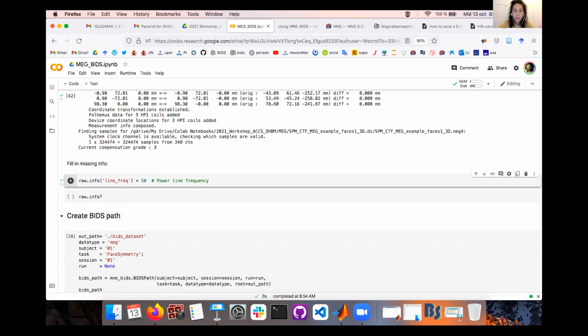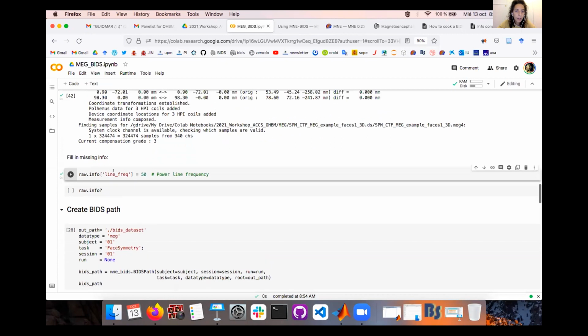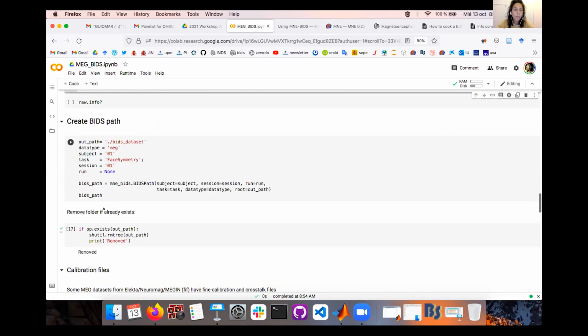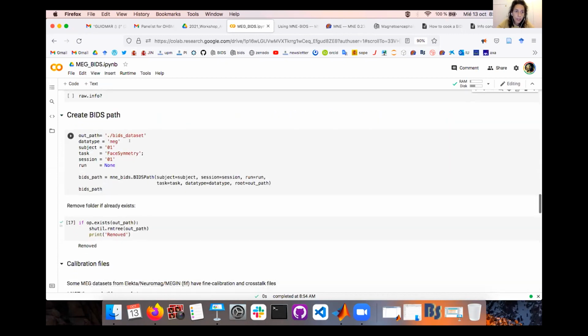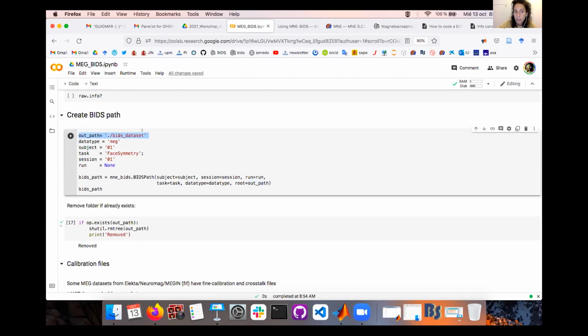And once you have your raw data complete, then you need to establish your BIDS path. For that, you need an output path, which is the BIDS dataset, or you can put the name you want the folder to be named. Then MEG, because the data type is MEG, and your subject would be subject 1, for example. The task is phase symmetry, or Remy was saying phases, so let's keep the same naming.